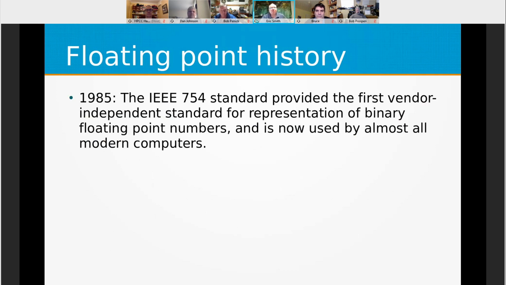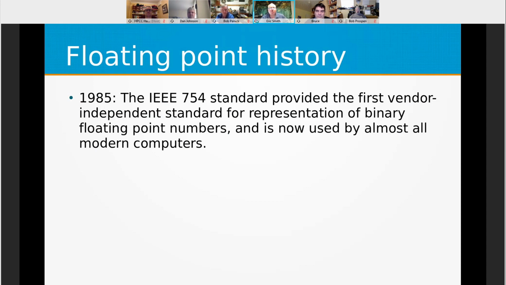So I mentioned the standard. The actual IEEE 754 standard for binary floating point was in 1985. It was ratified. There had been a lot of fighting over the details because different vendors wanted to use their own standard. DEC really wanted to push VAX floating point as the standard, and the IEEE committee